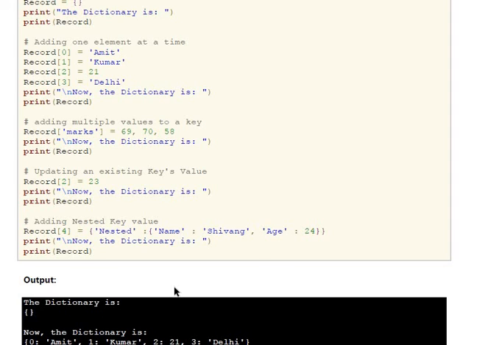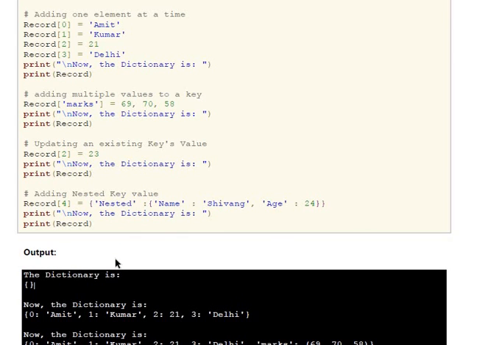So if we want to print that record, how can we do it? Print, and in brackets I am giving the record. So every item is printed with its key and values. Now,